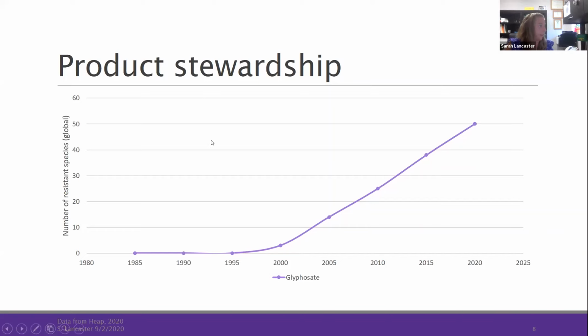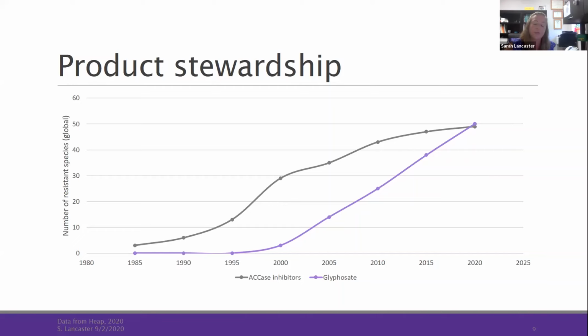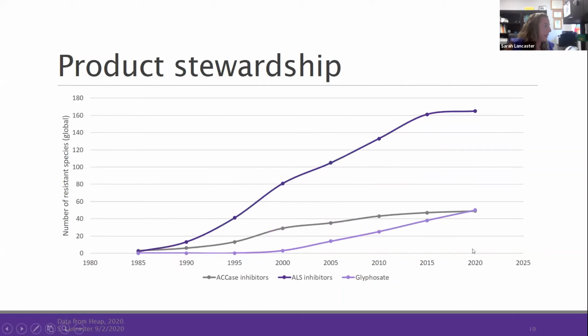the herbicide glyphosate, okay? So when we think about double team herbicide, that type of herbicide is called an ACCase inhibitor, it's the grass herbicides, okay? We don't talk about those quite as much in terms of herbicide resistance, but look here, in 2020, I think the actual number is 49 cases of herbicide resistance around the world, okay? So it's gonna be important that we are ensuring good use and good stewardship of this product to try to manage resistance. And then when we think about the Imiflex, the imazamox, and the Zest, the nicosulfuron, these are ALS